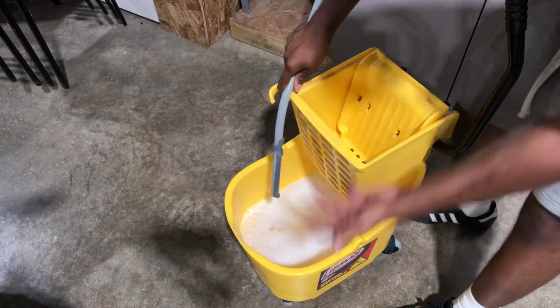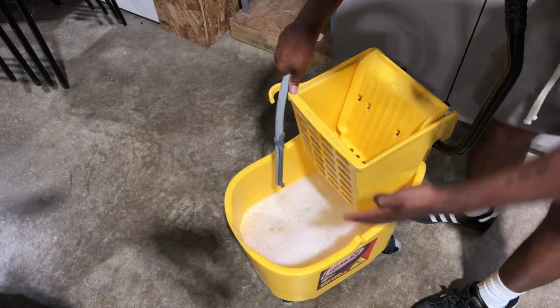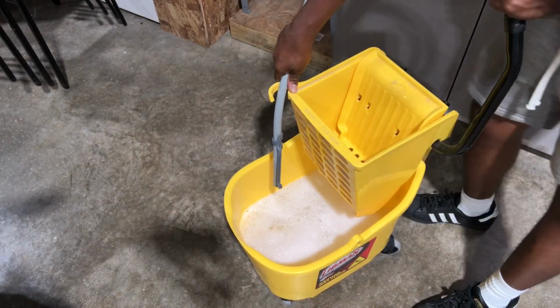It's going to have a lot of water with it as well. So that's how you want to do that, and that's about how high you want to have it. You don't need to have it any higher. Now, when it comes to you not having a dilution system, you will only need to put a little bit